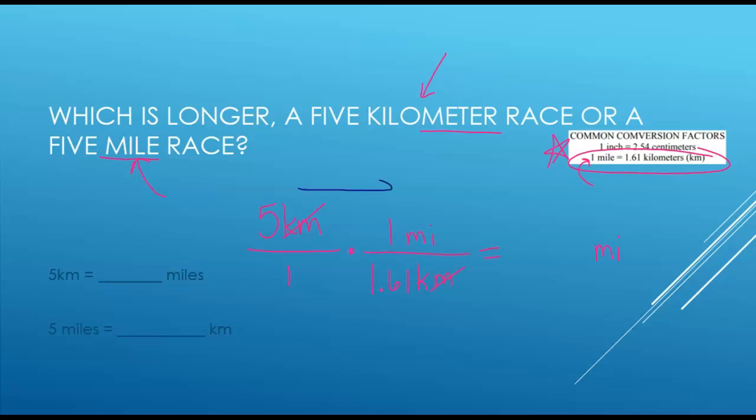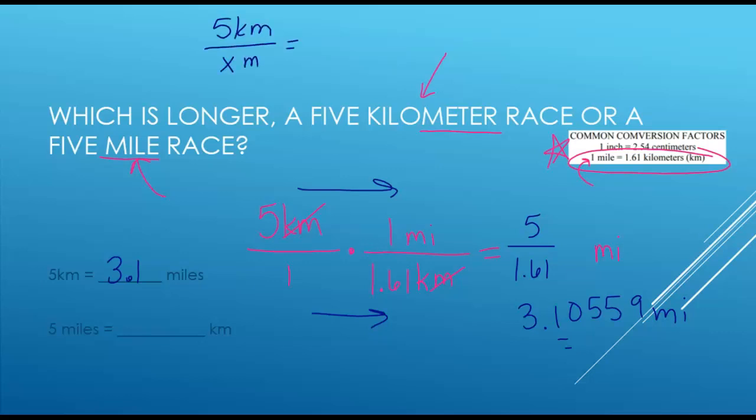Now we multiply straight across and then divide, or whatever's on top multiply, whatever's on the bottom divide. If I do 5 divided by 1.61, I get 3.10559 miles. And whatever it says to round to, do so. Let's round to the nearest tenth. That would be 3.1. And we could have said 5 kilometers is how many miles, and we know that